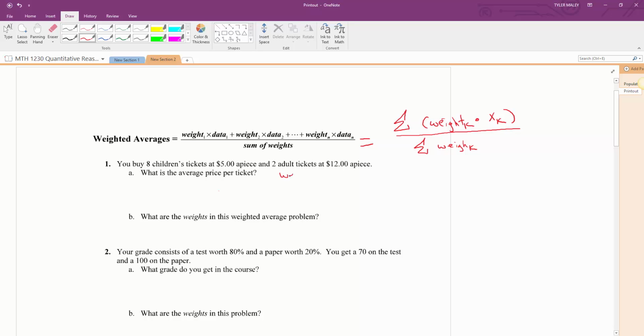So the weights here would be 8 and 2, right? The number of children's tickets and adult tickets. So if I wanted to find the average price per ticket, I could use this formula. So if I take the first weight, which is 8, and I multiply it by that data point, which is $5, right? And then I add it to, and then I look at the next weight. So the next weight would be 2 adult tickets, and then I can multiply that times that data point, which would be $12 a piece,